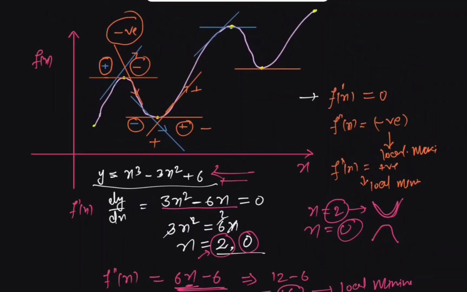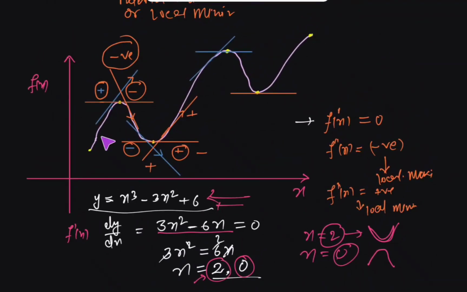Apart from this, we also have to check at the extreme points. We can only check the extreme points when the range for which the function is defined is given. Suppose it is given that the function is defined in the closed interval of 2 to 6. Then only by putting x equals to 2, we can find the value corresponding to this point. And if we put x equals to 6, then we can find the value corresponding to this extreme point or the last point.